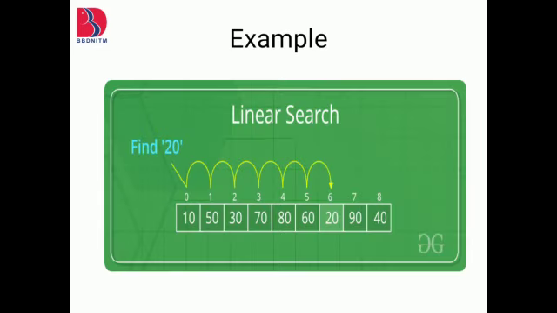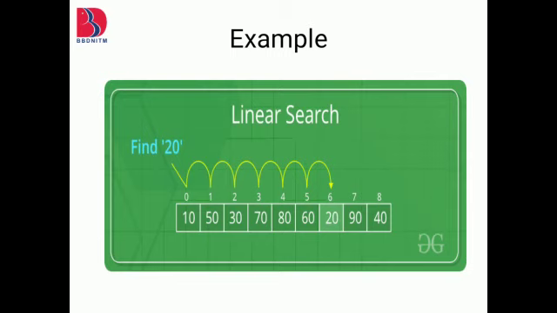In this example, we have to find 20. 20 is an item which is given in the list of 9 items. The total items are 9, counting from 0 to 8, meaning indexing. We have to index from 0. At index 0 we have 10, at 1 we have 50, at 2 we have 30, at 3 we have 70, similarly at 6 we have 20.